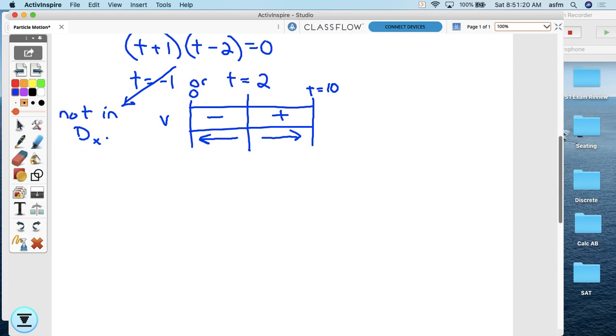I have to write this down. Remember, on the AP Calculus exam, we are not allowed to read labeled sign charts. So this labeled sign chart is very helpful in terms of figuring out what's going on, but it will not be allowed as a justification for your answer. So we have to effectively take what's in the labeled sign chart and write it down. And so we say, therefore,